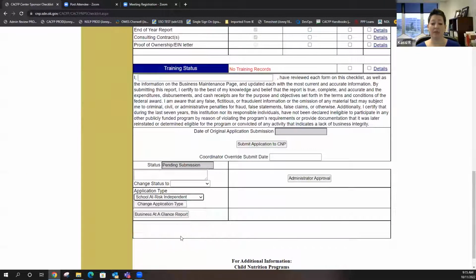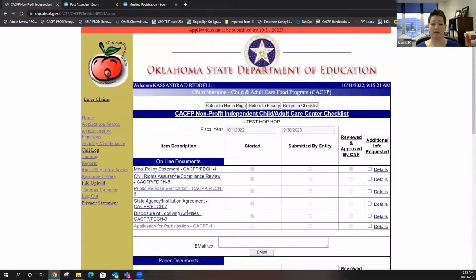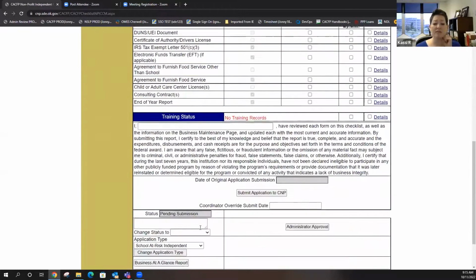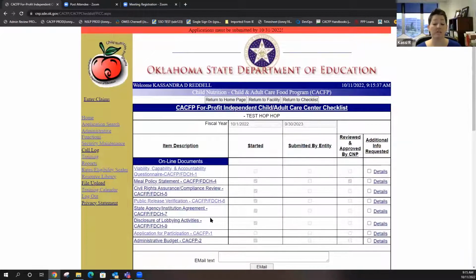If you're a public school at risk and you only have one site, I may have said that backwards. The previous one is if you had more than one site. If you're a public school at risk and you have one site, this is what your list looks like. Everyone's going to see differences in their list, because we kind of have condensed some of our forms so that when you first go into the application, right off the bat, you're seeing less forms than what you did last year.